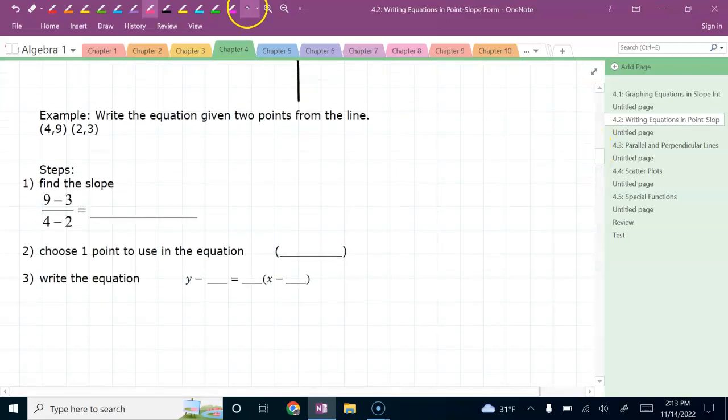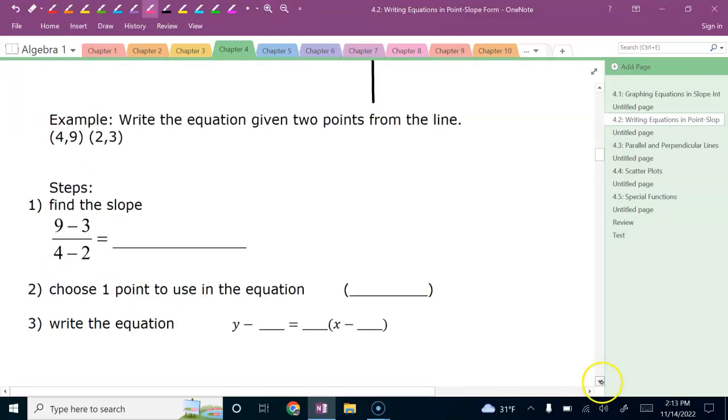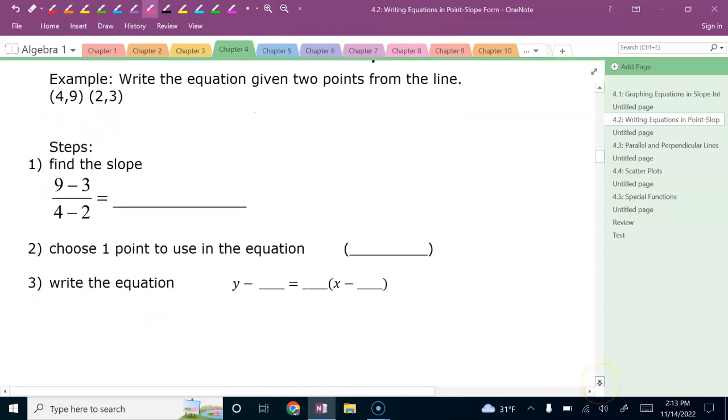All right, this next example, they are still wanting us to write an equation in point slope form, but this time they're not necessarily giving us a point and the slope. This time they're giving us 2 points. So in order to do a problem like this where you're only given coordinates that are on the line, you're going to have to do a little bit more work because you have to find the slope,